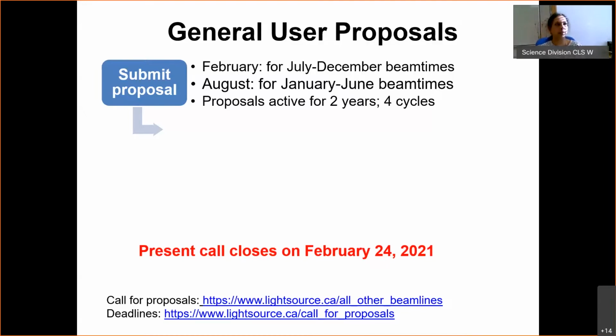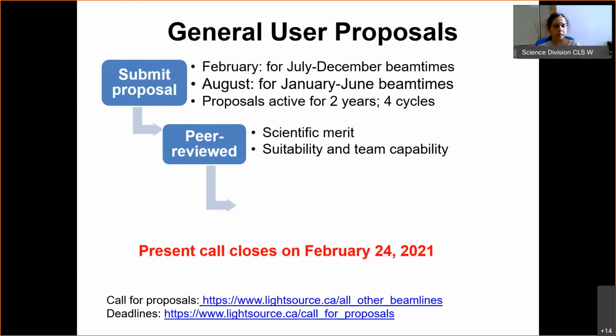After you submit the proposal, it goes to an external committee called the peer review committee. They review the proposal mainly on its scientific merit. They look at the area, so if you are from material science or agriculture or environment or health, they look at the scientific problem described in the proposal, whether it is an important problem in the field, and how you are going to answer the problem properly.